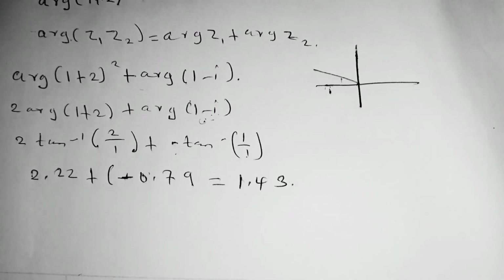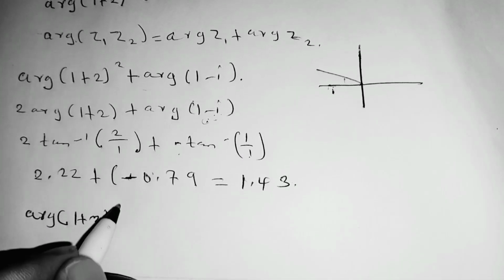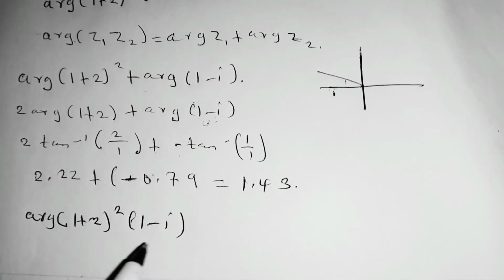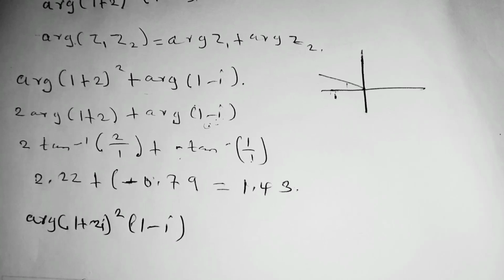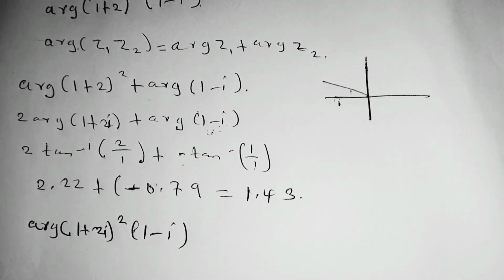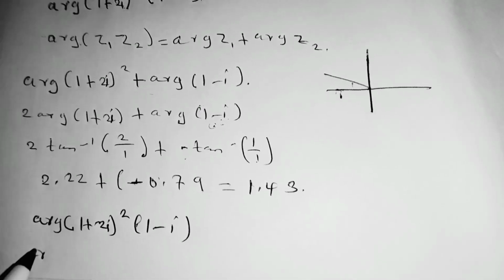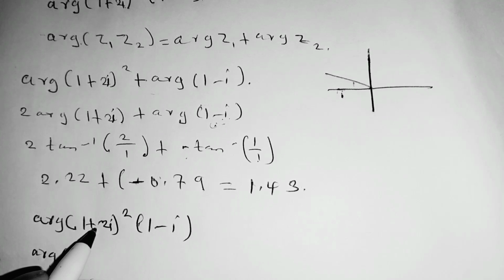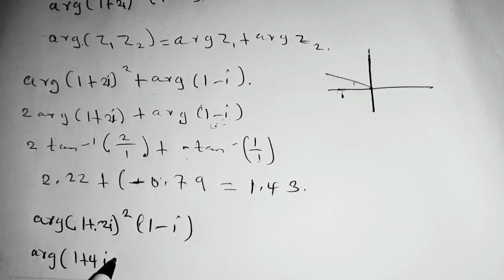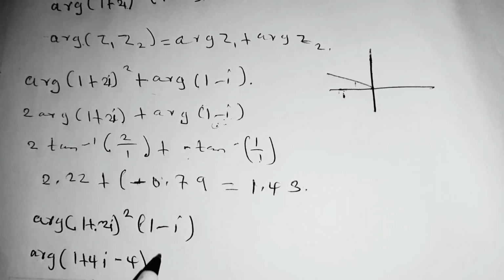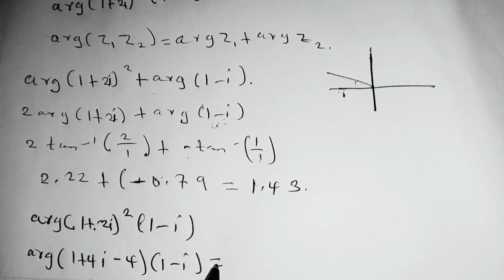Now, alternatively, we can decide to have the argument of (1 plus 2i), we square this, we multiply by (1 minus i). There is i here, which I omitted. There is i in this working here. So there was an omission there of i. So the argument of, you expand this, which will give you 1 plus 4i after expanding, then minus 4, multiplying by (1 minus i), which is equal to, you remove the bracket,